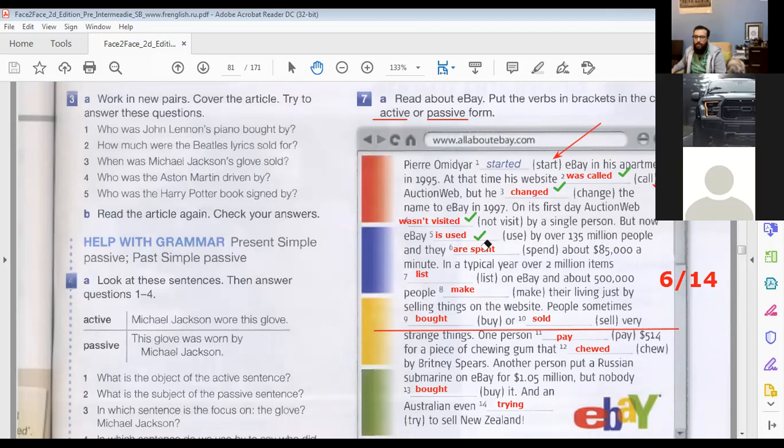في الفصحى لو نترجم لك نقول: eBay يتم استعماله من قبل 135 مليون شخص ويتم صرفهم حوالي... كأنها قلت الأشخاص هم اللي يتم صرفهم. هل الأشخاص ينصرفوا؟ They are spent. No. هل نقدر نصرف الناس؟ No. Can we spend people? They spend. They spent. Without I. Okay.